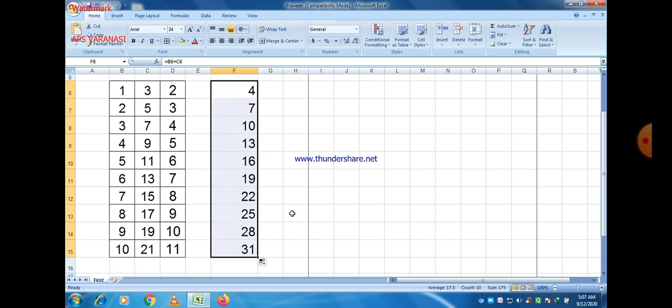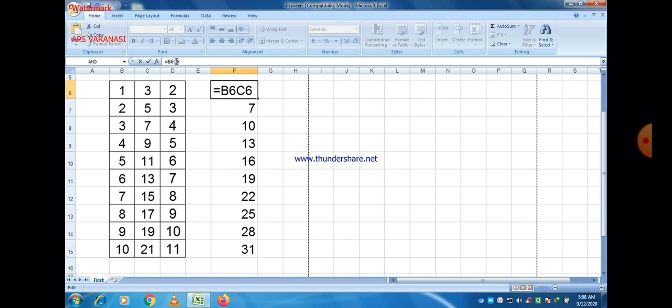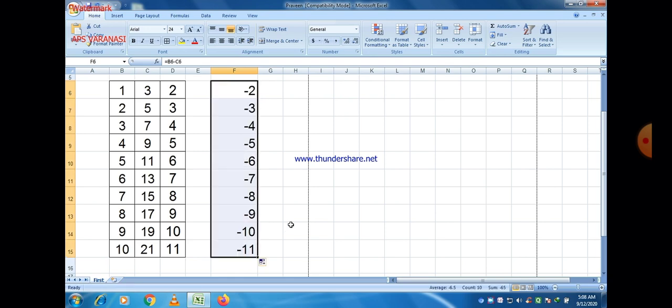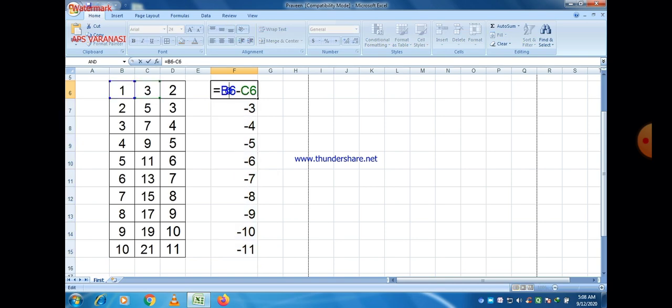You can easily see that this formula is applied to all other cells also. In the next cell it is applied for B7 and C7, and then the next for B8 and C8. So the sequence will be followed, and if you make a change, apply the minus sign, then subtraction will be there. If you drag it, this formula is applied to all other cells also. If you want to multiply, then mark a star there. Both values of the cells B6 and C6 will be multiplied. Just drag the formula here.